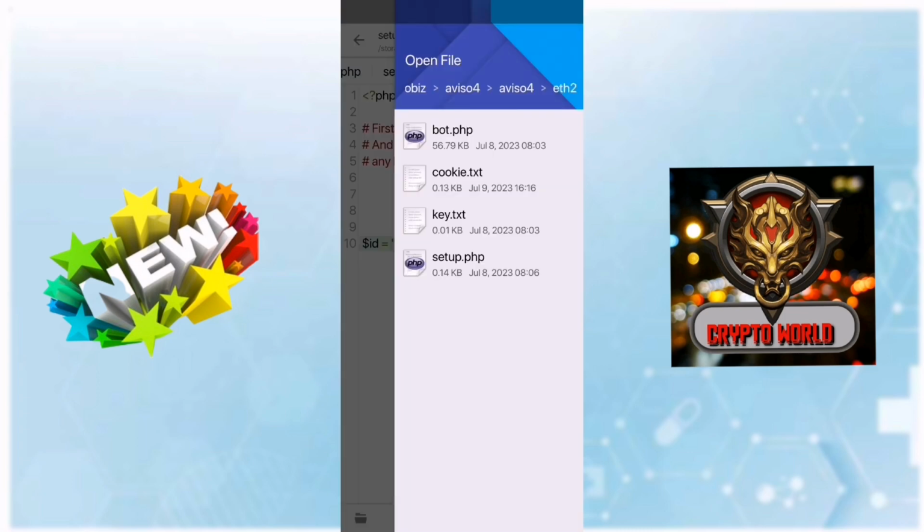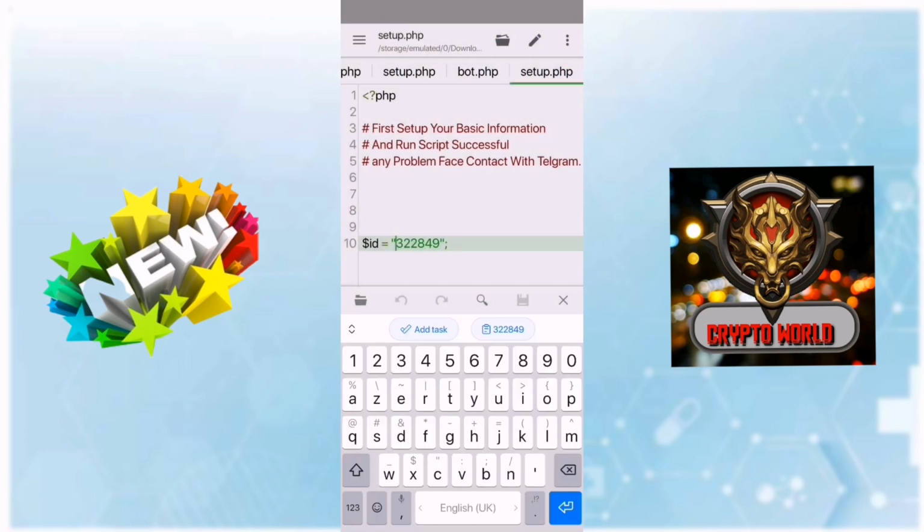This is our script. After downloading and unzipping the script, we open it with Geek editor. The link of the application will be in the description. We go to setup.php, we select this one, and we put our ID